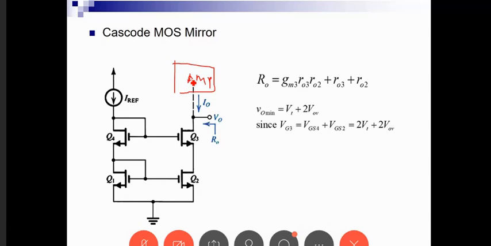okay, if it is feeding my amplifier, which is sitting here, and the amplifier is between VCC and V out, this will be constrained from one side by the amplifier, which we don't want to worry about now, and from the other side it has to maintain that this circuit here is operating, the two transistors are operating in saturation, so that they will share the same VGS here, and therefore they will have the same current if they are in saturation because they have the same VOV. So let us look at